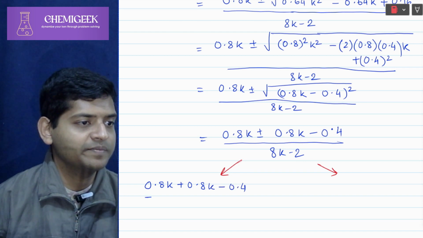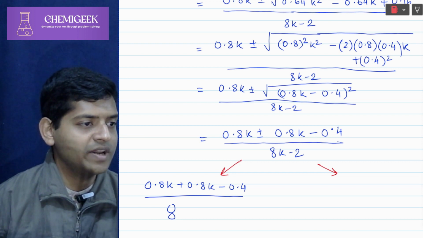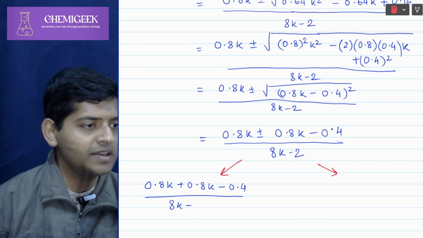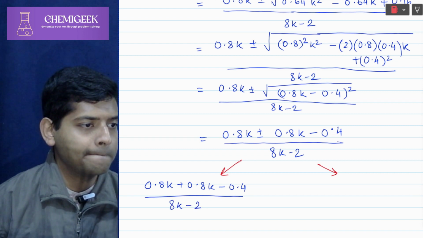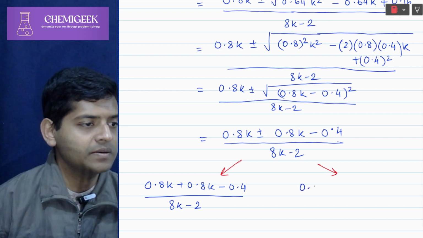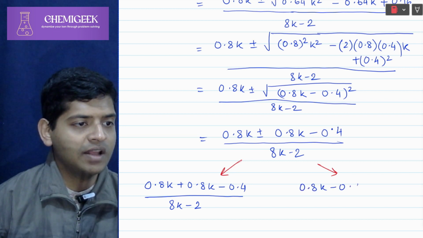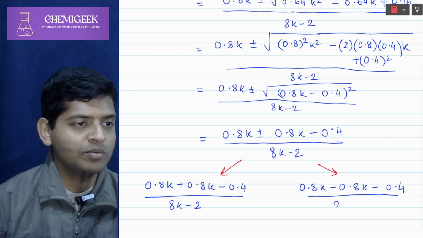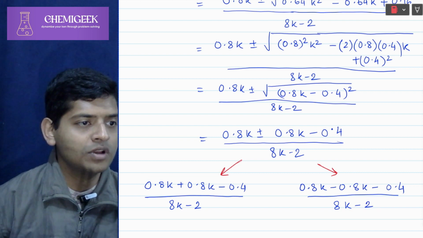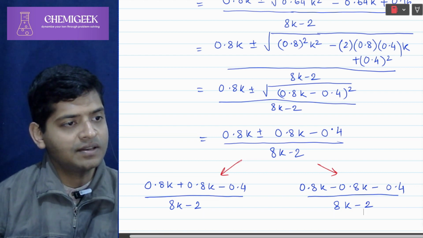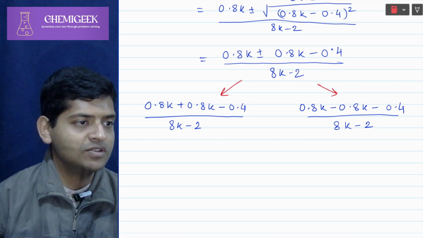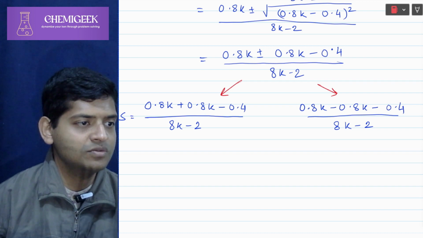So first let us write when we are adding: 0.8K plus 0.8K minus 0.4 divided by 8K minus 2, and another one is 0.8K minus 0.8K minus 0.4 divided by 8K minus 2. Let us write this in two different columns. S is equal to,